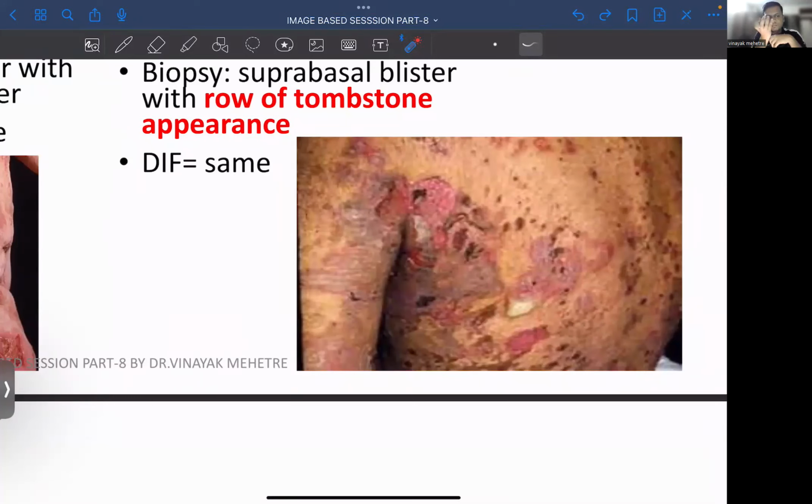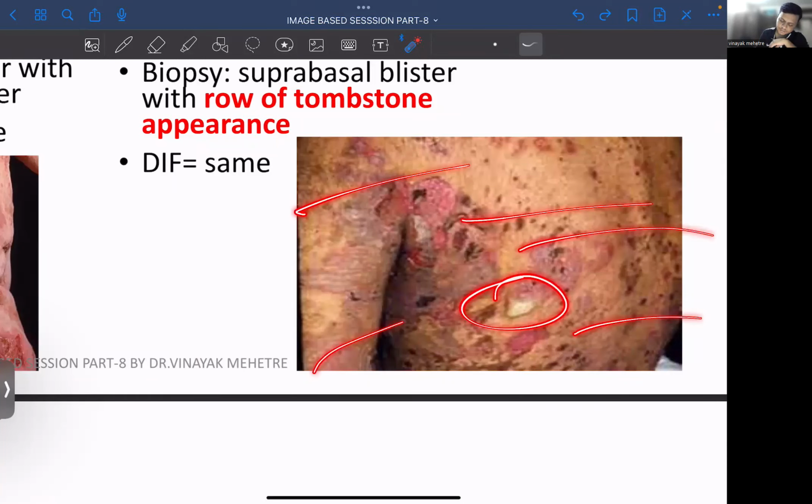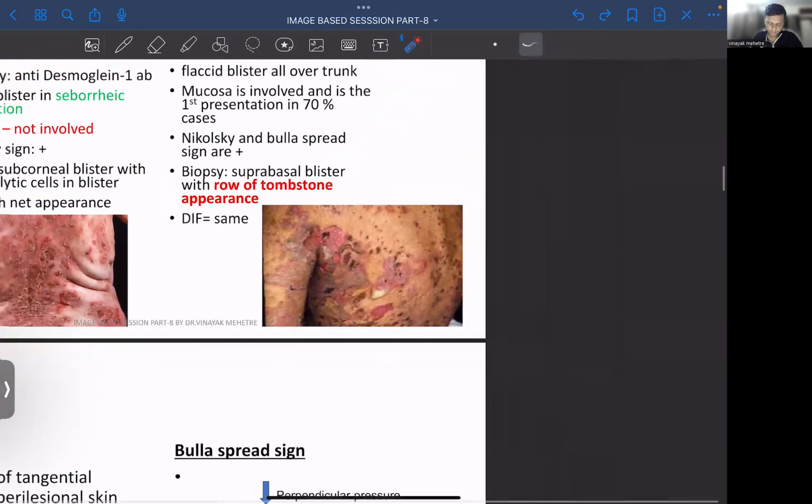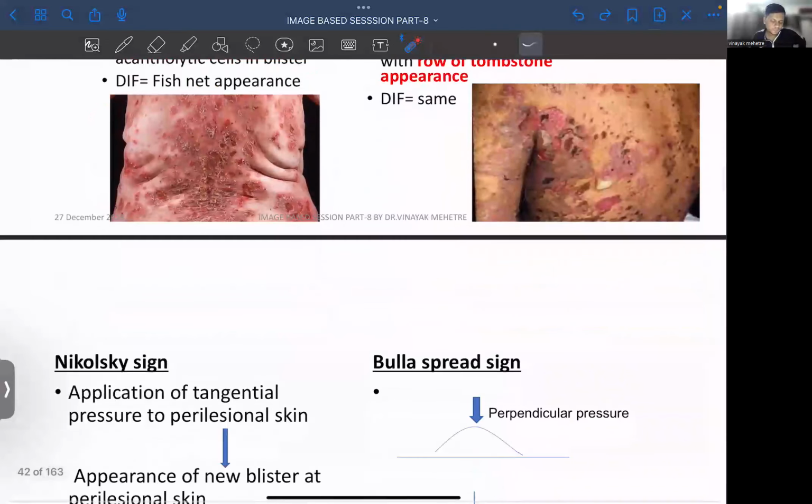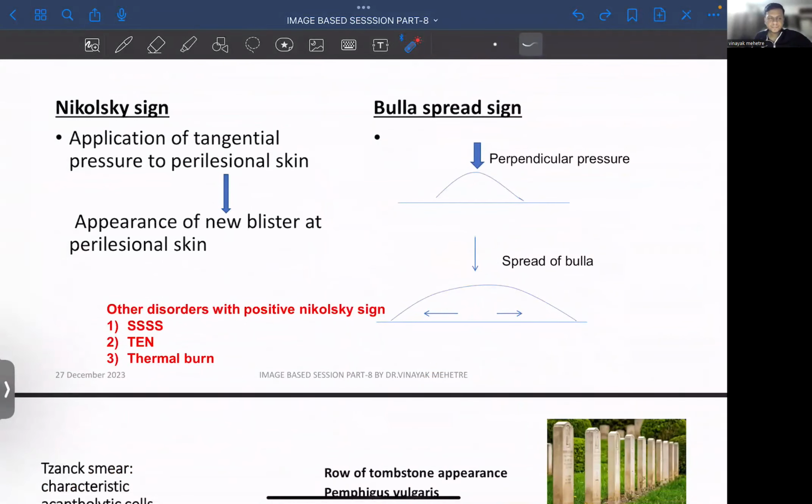एक छोटा सा बुल्ला था, that बुल्ला is going to spread, right? उसी को बोलते हैं बुल्ला spread sign, right? Pus with nothing to understand, answer will be pemphigus. ठीक है, pemphigus, right? मैंने क्या बोला था,